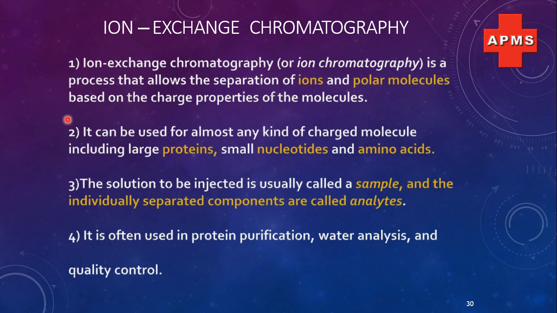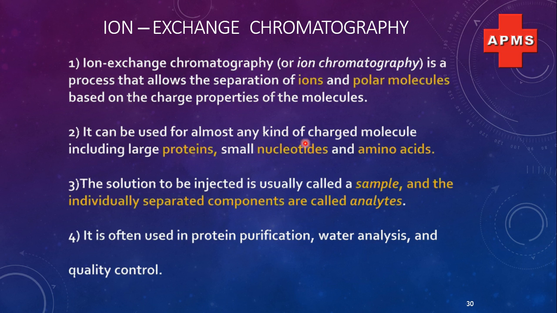So here actually non-bonding ionic interactions take place between cations and anions. Here the stationary phase could be cationic, then the attracted sample components will be anionic. If the stationary phase is anionic, then the mobile phase components which are cationic may be attracted or more retained by the stationary phase.